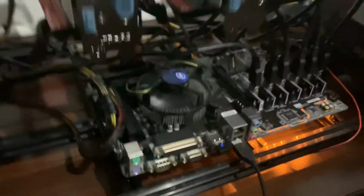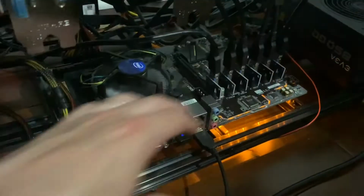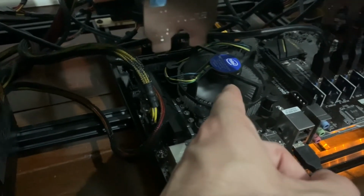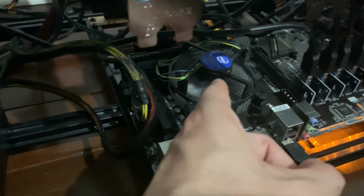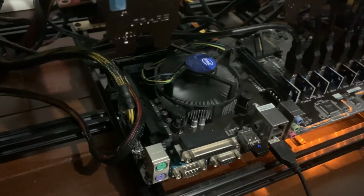So here, let's get down and see how these are plugged in. We're looking now at the motherboard, which is the computer itself. It's this huge square that has some lights on it down here. And here we're looking at the CPU, which is like the brains of the computer. I tend to buy cheap CPUs. You can buy CPUs secondhand on Kijiji or eBay for $10 to $20. Then you usually have to pay for the fan separately. This could be another $10 or so, or sometimes you can get them even at $5,